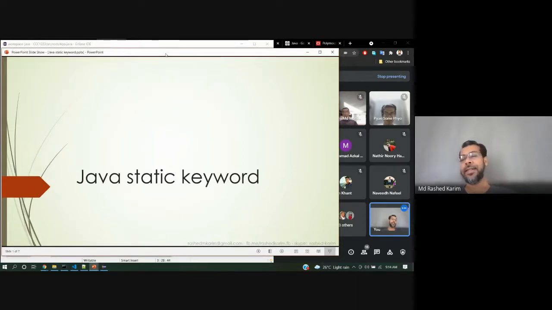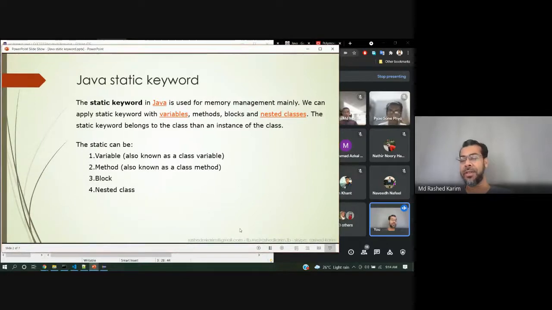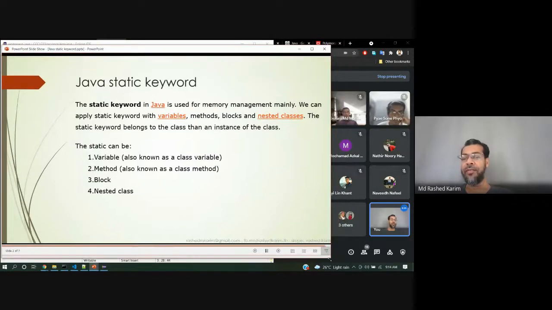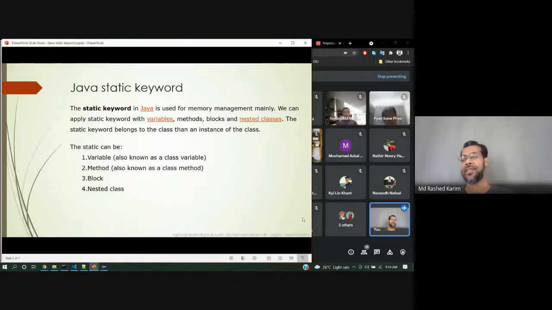Okay. Then I'm going to the static keyword now. The static keyword in Java is used mainly for memory management. I told you that there is instance variable. Instance variable means the value of the variable is determined by each and every instance. That means each and every object has a different value.